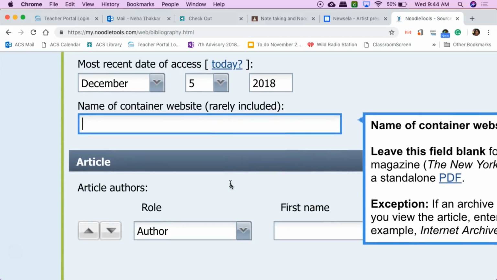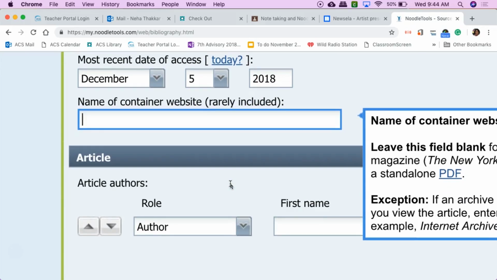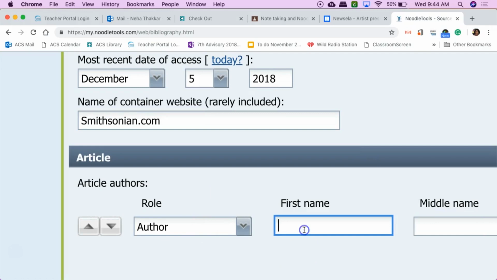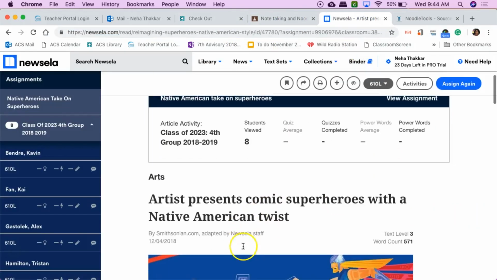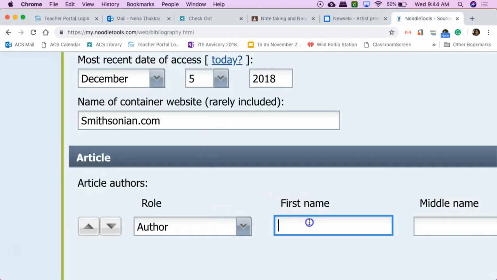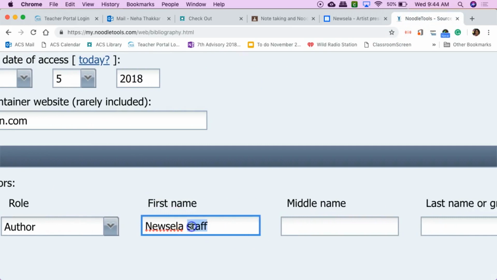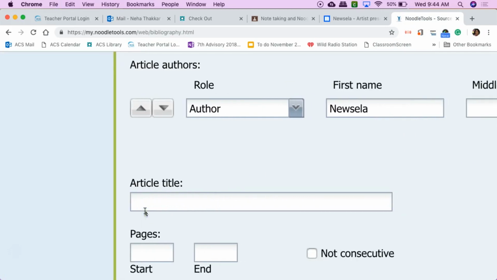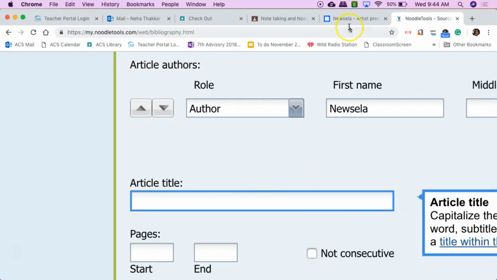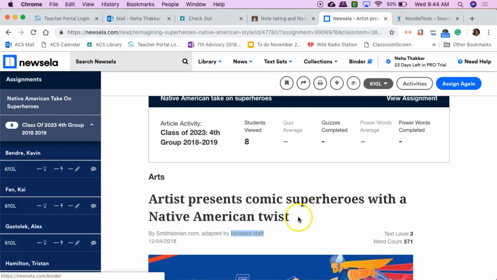Do we know where this came from? Yeah. Where did it come from? Smithsonian.com. And then this one is sort of odd because the author is the Newsela team. So I'm just going to copy Newsela staff. And I'm going to break it up into a first name and a last name. Newsela. What is the article title? Artist presents comic superheroes with a Native American